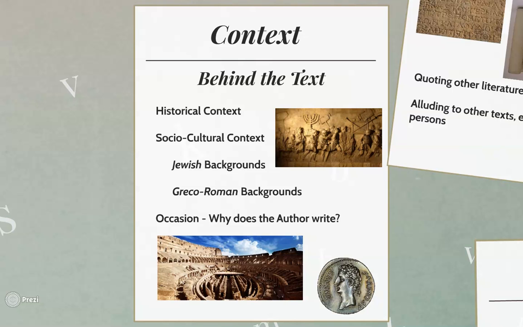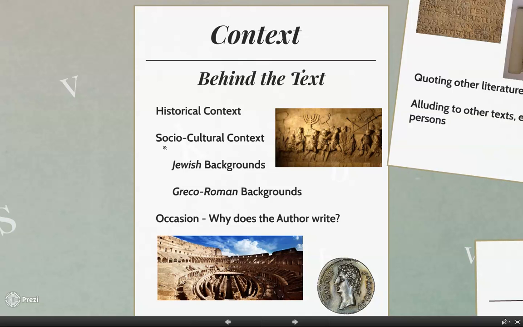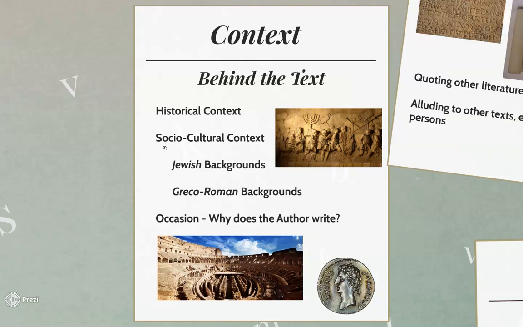This is kind of behind the text or between the lines of the text. Is there a way that we can read into the sociocultural significance of like 1 Corinthians 11 or something like that? And the Lord's Supper. What's the social context that's going on there? So that's observations based out of context.